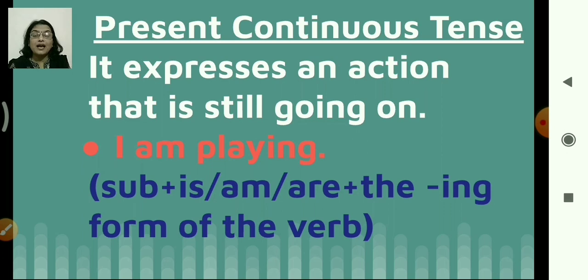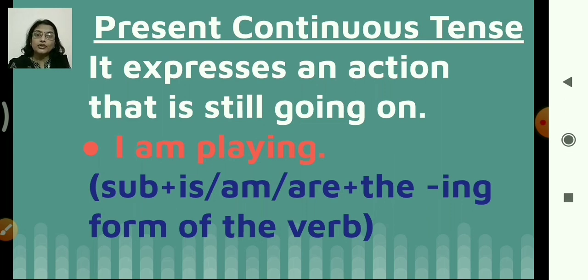For example, I am playing. I am, it means just now, present tense. Right now, right? You started playing, but you are still playing here. Present continuous tense. You are playing. I am playing. So what will you have? Subject plus is or am or are, depending on the singular or plural or the person, plus the ing form